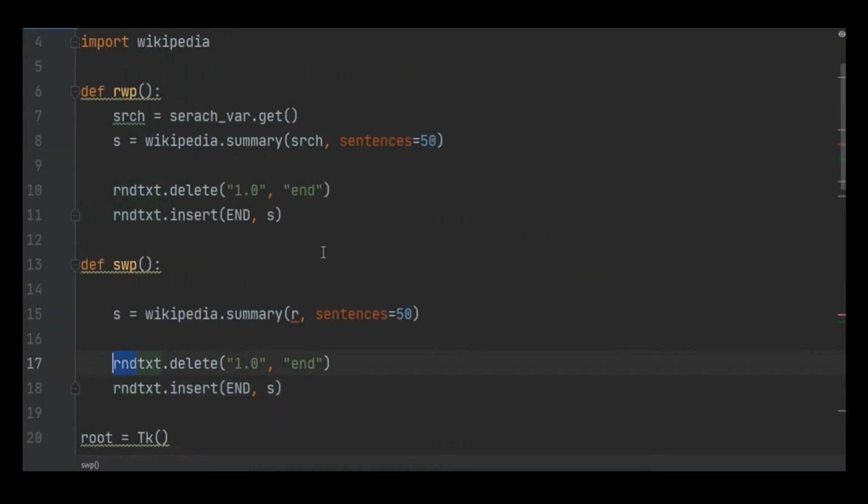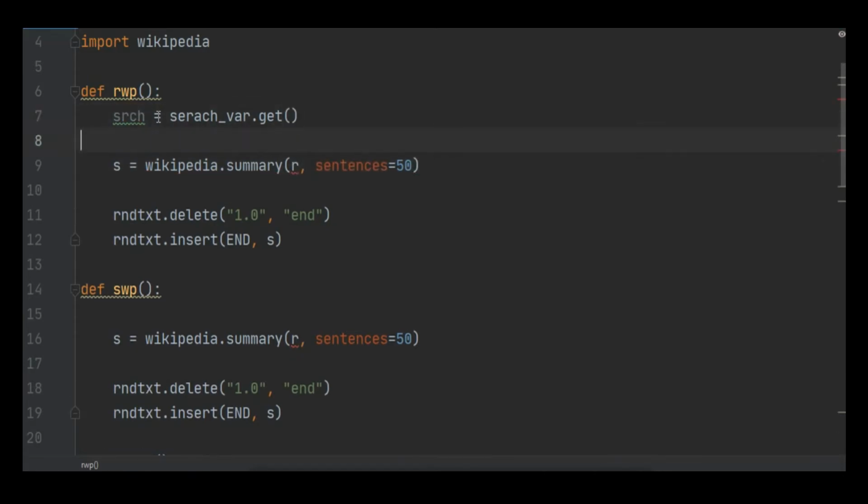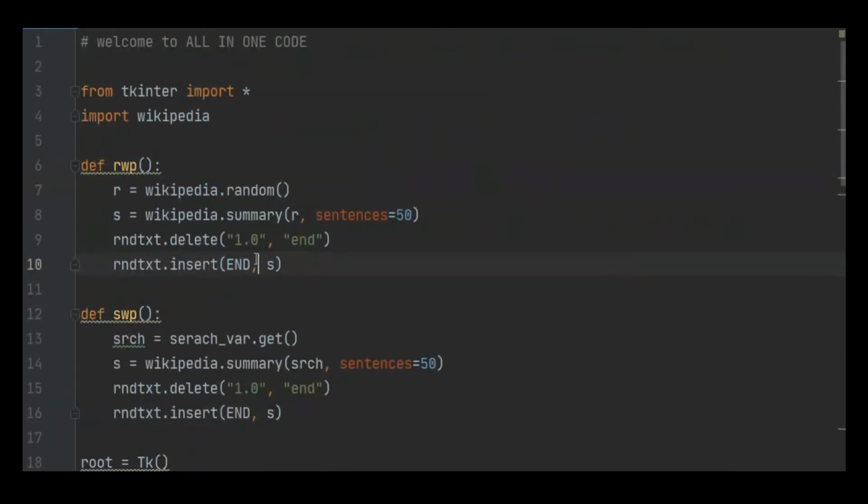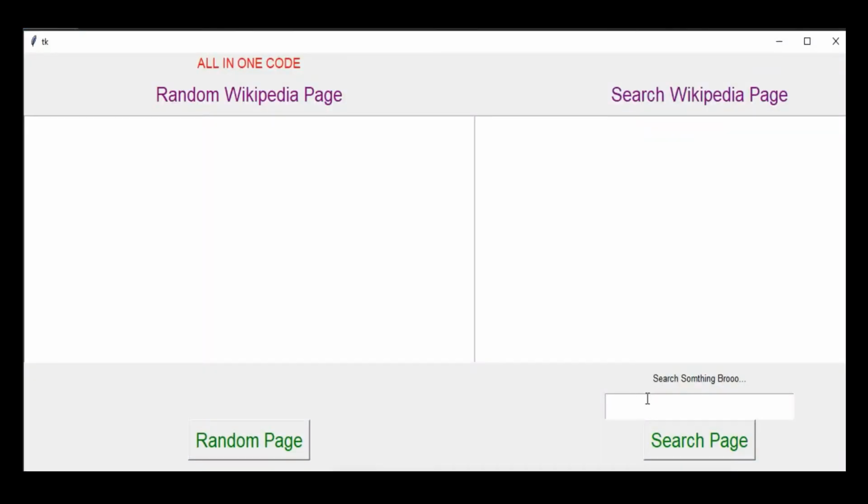And remember, you have to pass the text variable in here. I forgot that. Now let's run. Now let's try something like Logan, and then I'm gonna search. You can see it works, but I got so many titles about Logan, so this is a mistake. I have to change this.